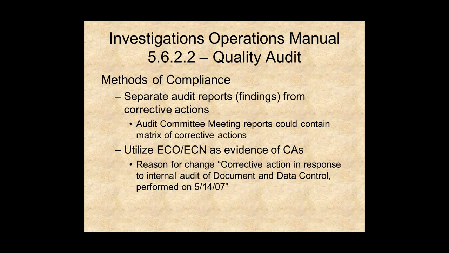So what you want to do here is separate the audit reports, the findings themselves, from the corrective actions. A couple of ways of doing this: some of us have internal audit committee meetings, and we go through each of the subsystems that's going to be or has been audited during that year, and we discuss how many findings there are and what their closure status is. Such a document may not need to have a list of the specific findings, but merely finding numbers. You might have under the internal audit for